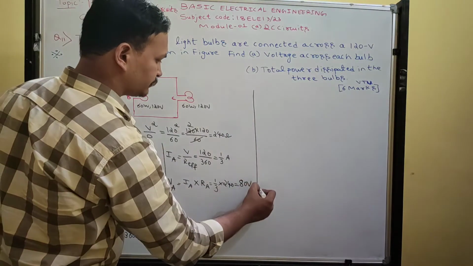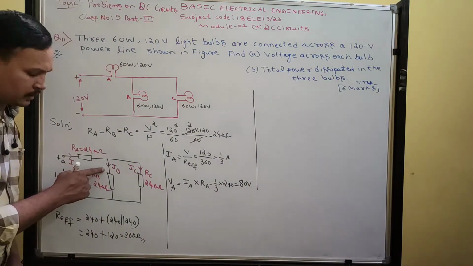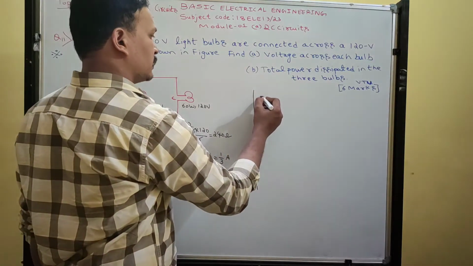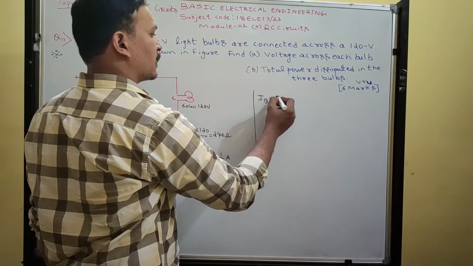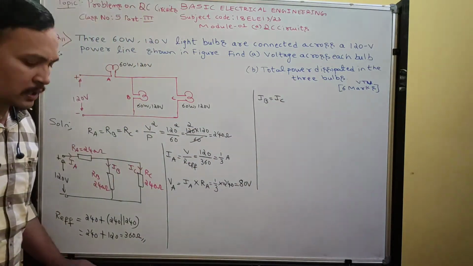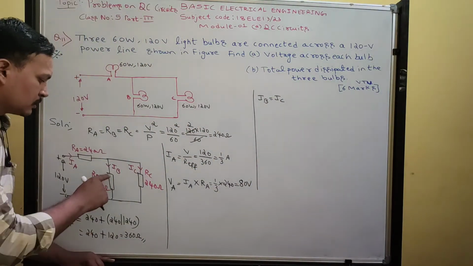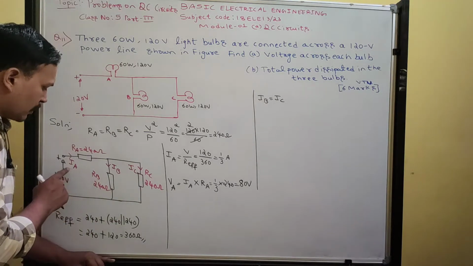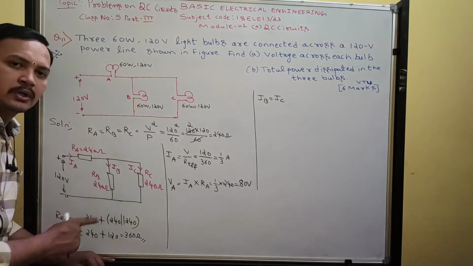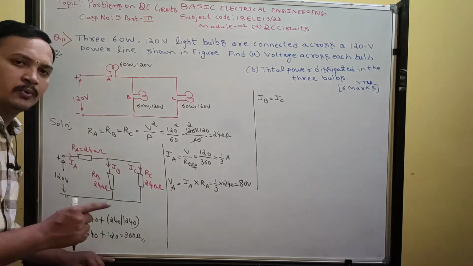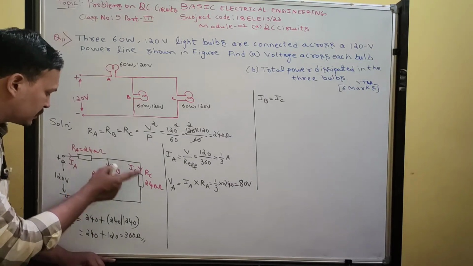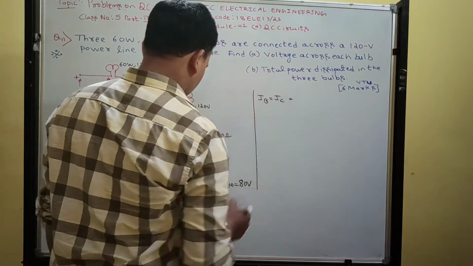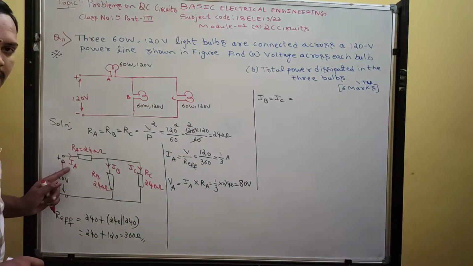So now find the current flowing through bulb B. If I know the supply current, I can find the branch currents. The current flowing through bulb B and the current flowing through bulb C are both the same, because they have the same resistance. Out of this supply current, equal current is going to be shared. The values of IB and IC will be the same. If I add both IB and IC, then you will get IA. So I am finding IB and IC. I use the current division rule formula.